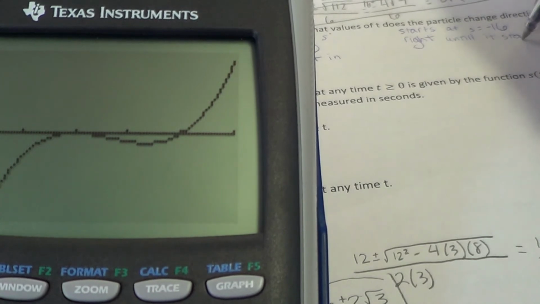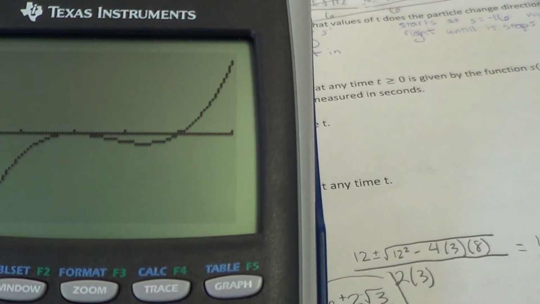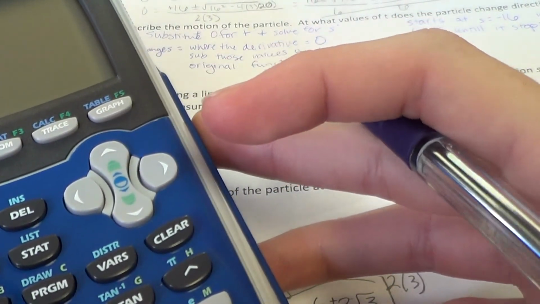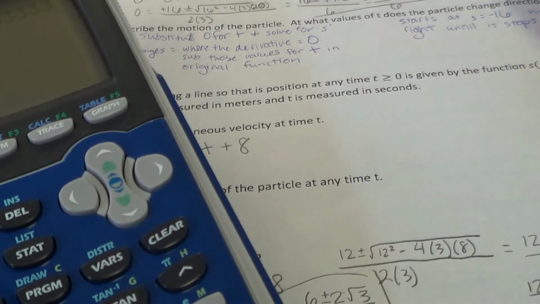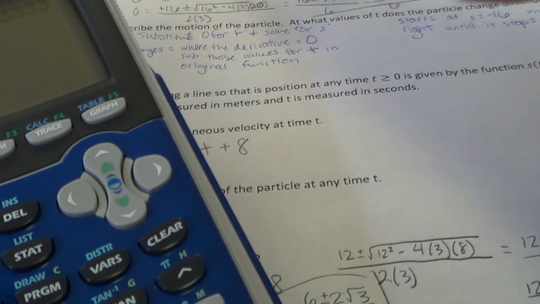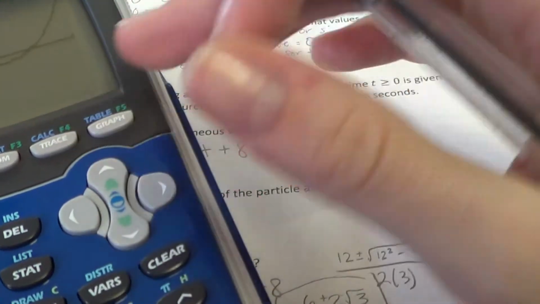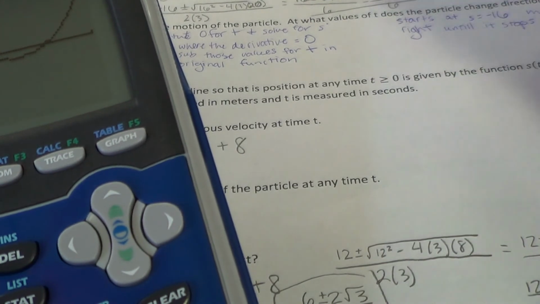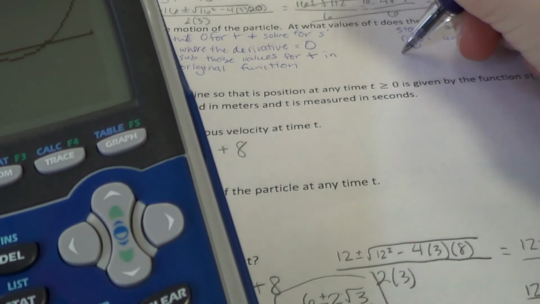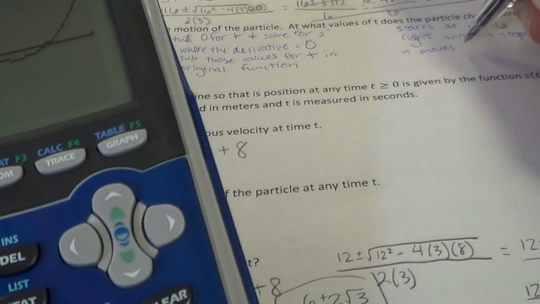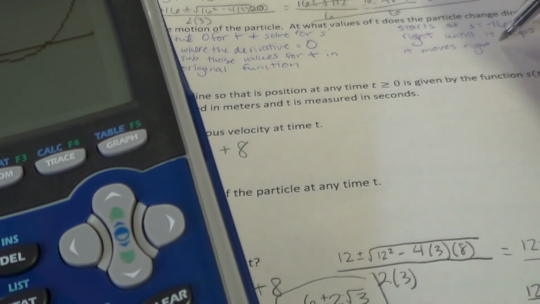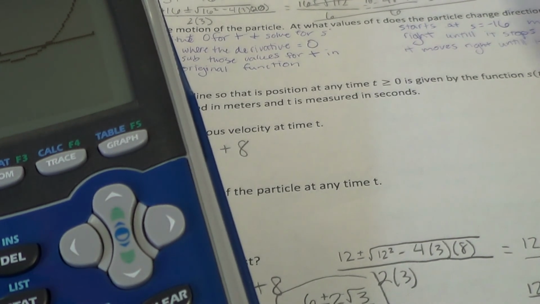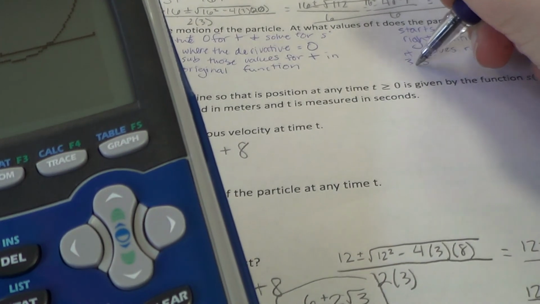So I'll let you do that, but I got it on minimum now, so you want the minimum off of this. And then 3.33 and negative 1.9. Was 3.33 another one of your at-rest points? Oh yeah, 10/3, so that's right. So it's negative 1.19. It stops, and then changes to be going right again. Actually, it doesn't change